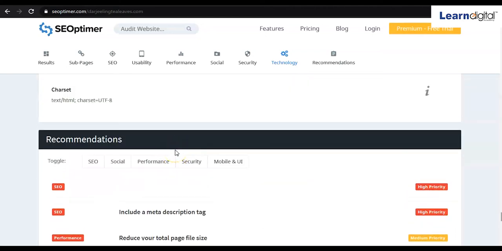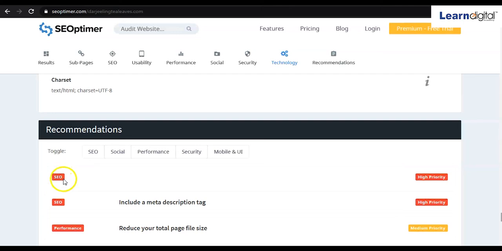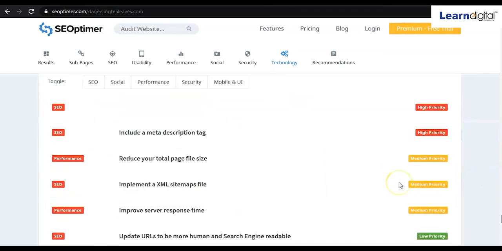And here we can see the recommendations. So yes, for SEO it is telling high priority. So definitely we have to work on the SEO part. Same, the meta description is also missing, so it is showing high priority. And on the right side, you can see the medium priority.